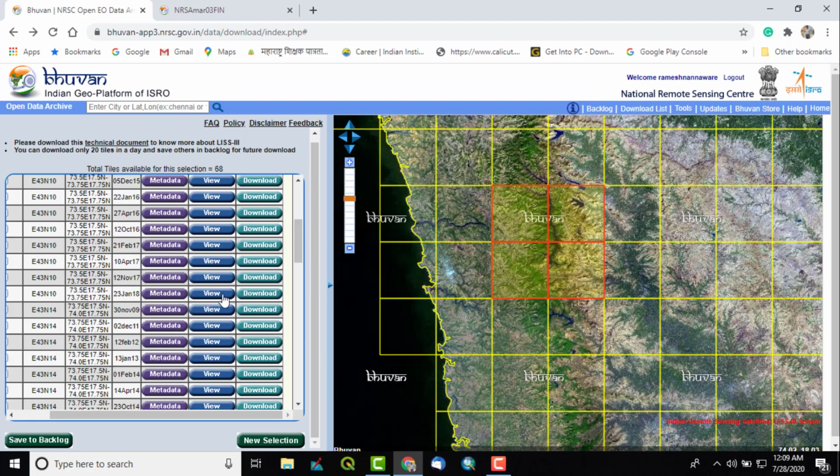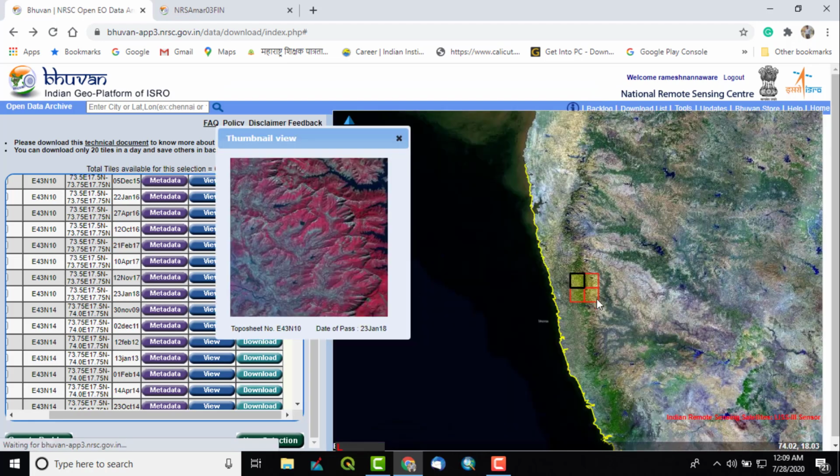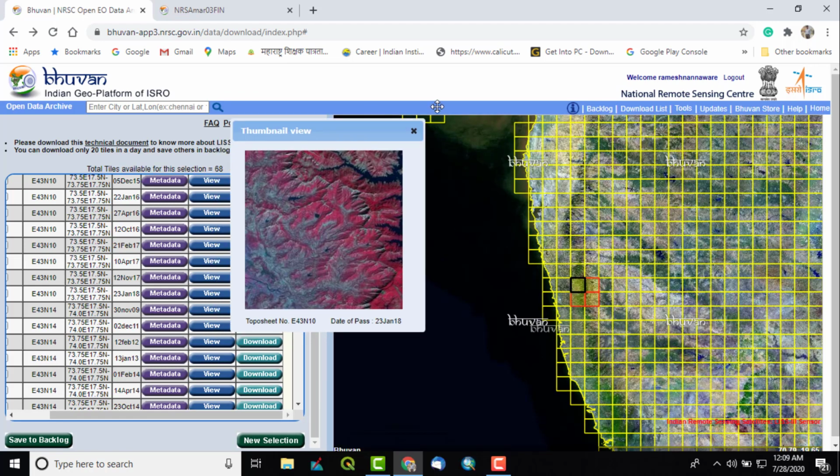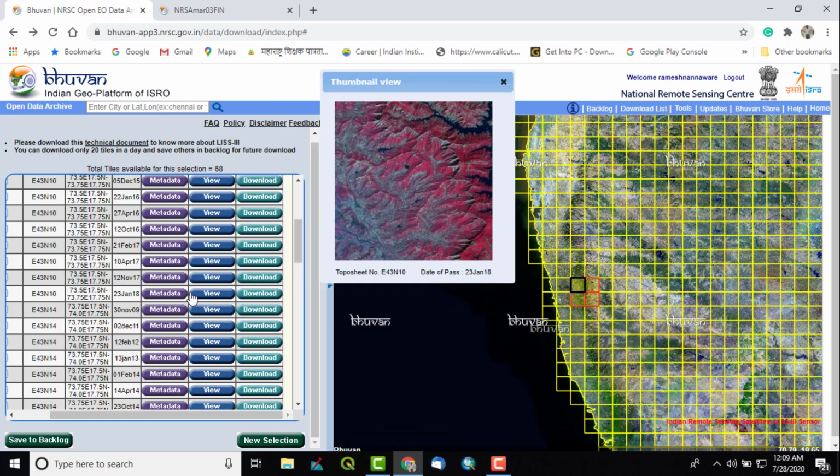Next I can view which patch particularly I am going to download from this option. We are looking at 4 images, so which one is this? It can be seen from the view option. So this is there. It is clear.